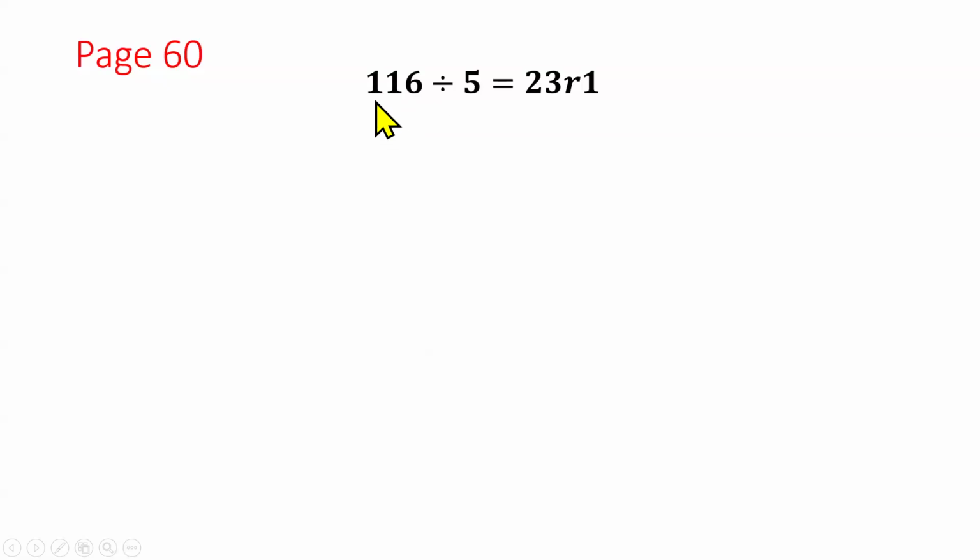This is one number consisting of three digits: 116 divided by 5 equals 23, and R stands for remainder. Okay, how do I find this result? As I explained, because this is the big number, it is called the dividend, and this is the divisor, the small number. Okay, what do we do? First, think about a number which I multiply by 5 that will give me 116. All you've done here is change this number. You brought this number to the other side, and I changed the division into a